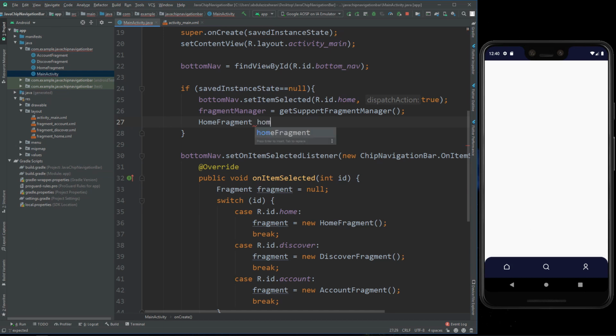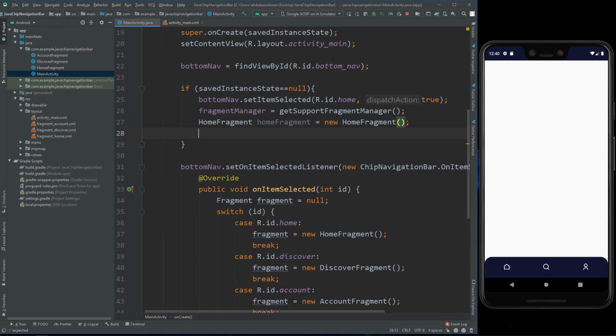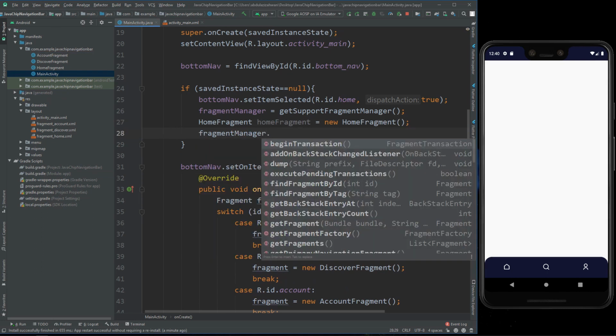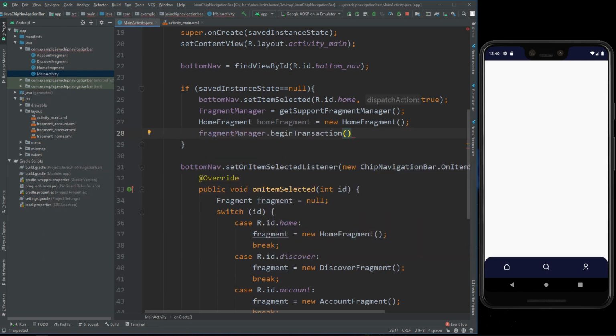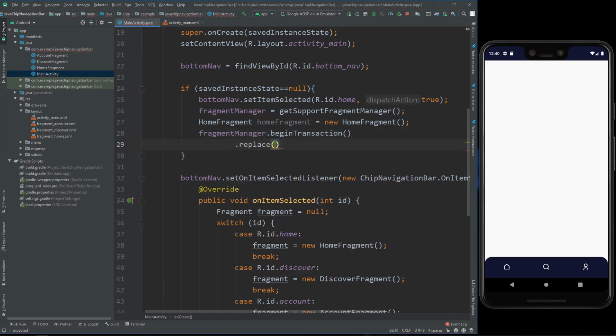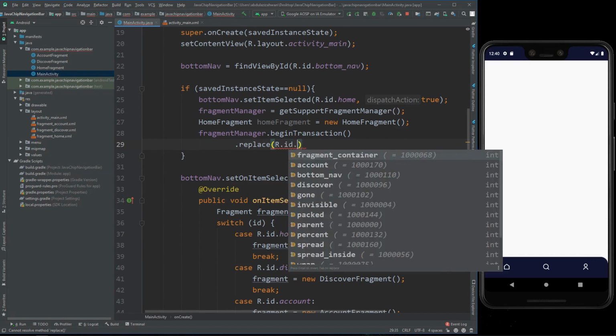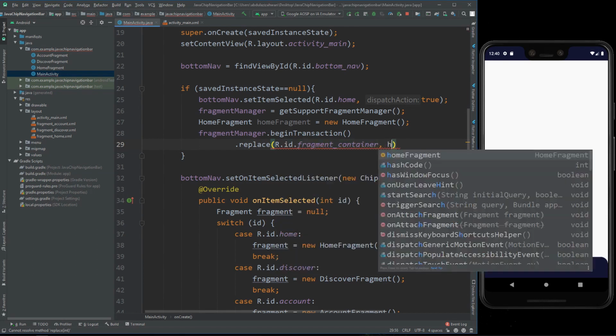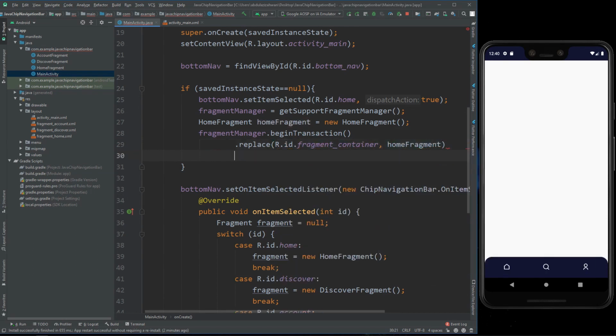So let's say I want to show HomeFragment, and then we say beginTransaction, and then replace, and we want to replace with HomeFragment and commit.